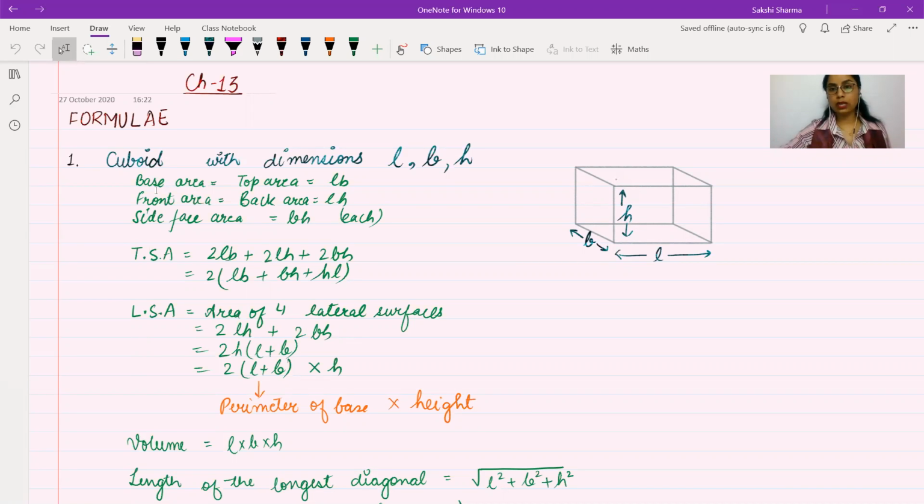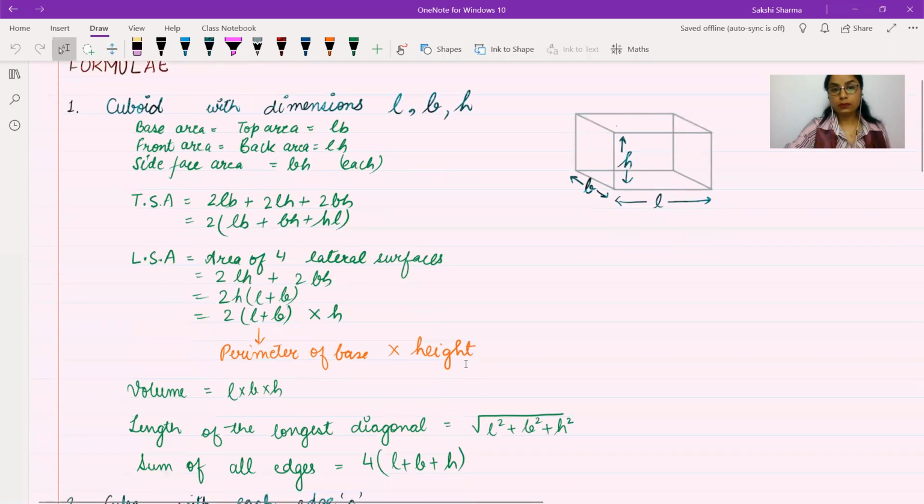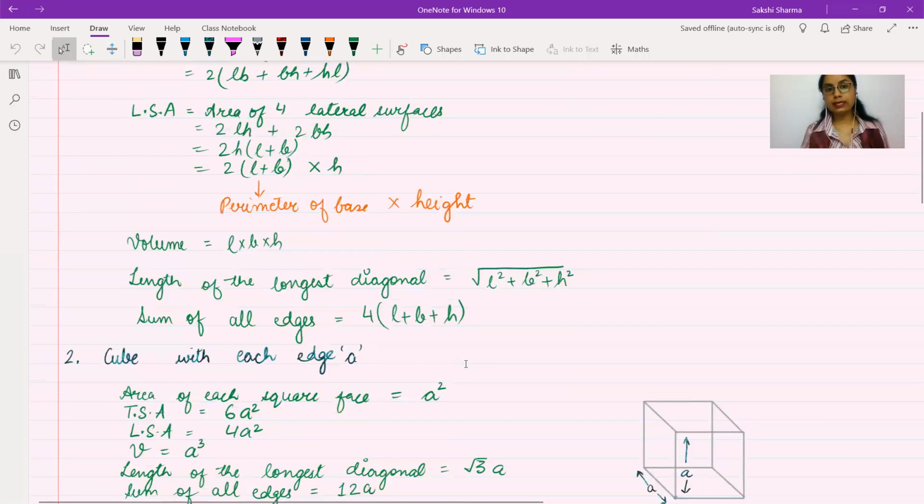So we have cuboid with dimensions L, B, H. Just going over the formulae. Total surface area is given as twice LB plus BH plus HL. You should be aware how to find out the area of each of the faces in case any cuboidal shape is open from the top, from the bottom, or from any of the lateral faces. And when we say lateral surfaces, it means the side faces, excluding the top and excluding the base. Lateral surfaces, just like the walls of your room. Then volume is L into B into H.